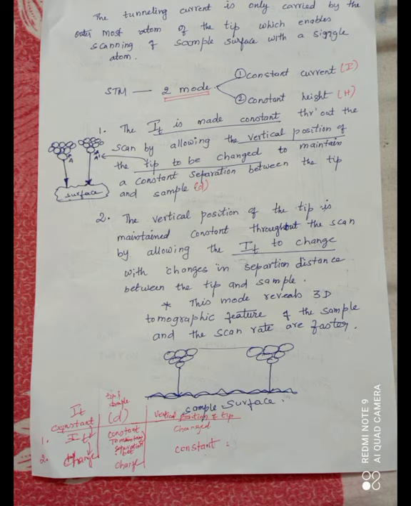Now this tunneling microscope has a 3D tomography feature of the samples, and it has a very fast scanning rate. As for applications, it can be used to determine surface structures. STM can manipulate atoms, and we can analyze how many atoms are there in the molecules. STM can fabricate nanostructures and characterize their novel properties. Among the features of STM, it has a magnification of 100 million, a resolution of 0.1 nanometer, images surfaces at the atomic level, and provides a 3D profile of the surface. So these are the advantages and features we have in scanning tunneling microscopy.